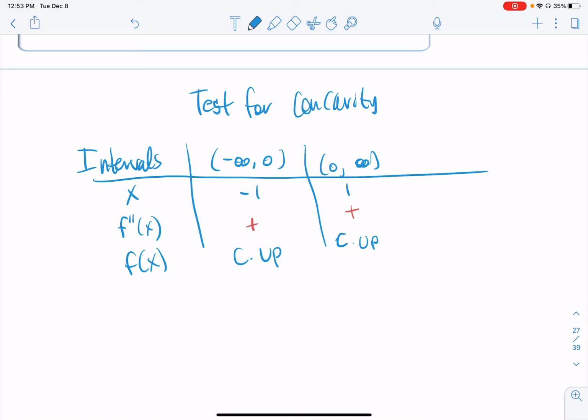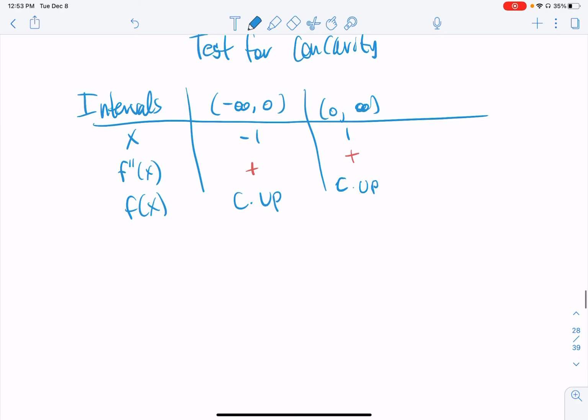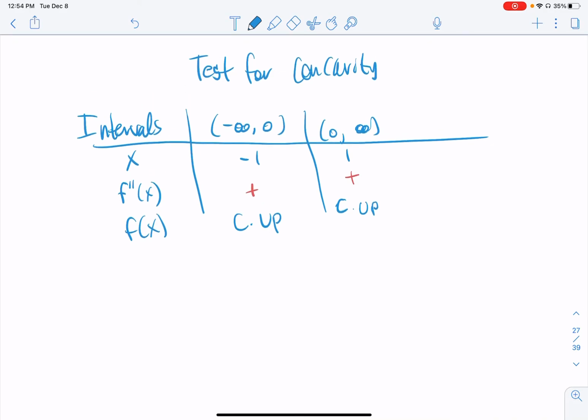Since it does not change signs, it being the second derivative, since the second derivative does not change signs, since the function f does not change concavities, there is no point of inflection at x equals 0. So x equals 0 is not a point of inflection